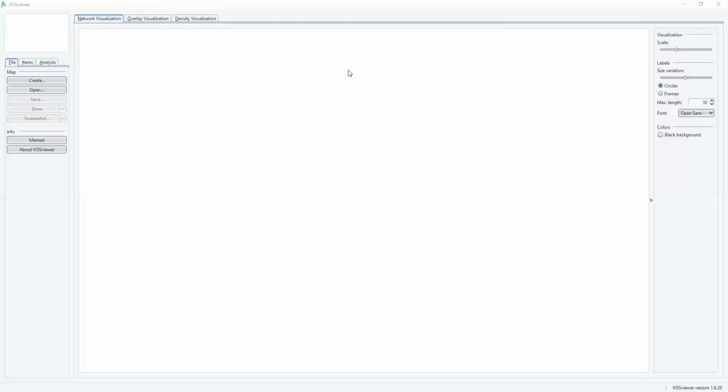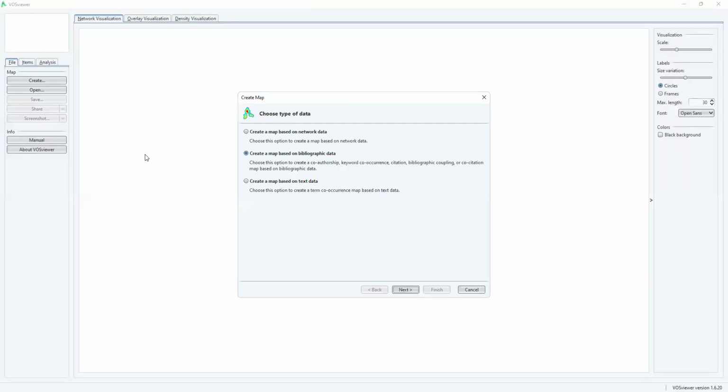Okay, so now you can see that I have opened VOSviewer on my computer. So now I will click on Create. Then I will choose the second option, Create a map based on bibliographic data, and click on Next. Then, as I already told you, we will be selecting the second option, Read data from bibliographic database